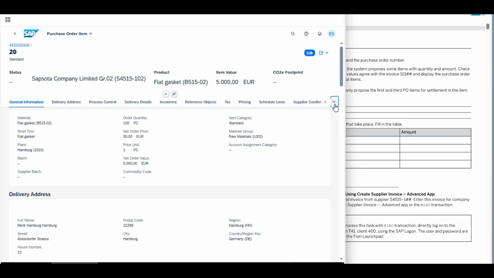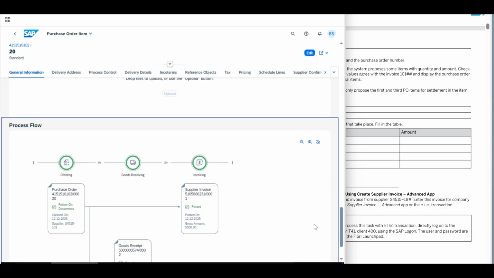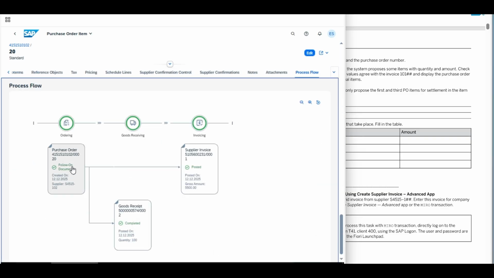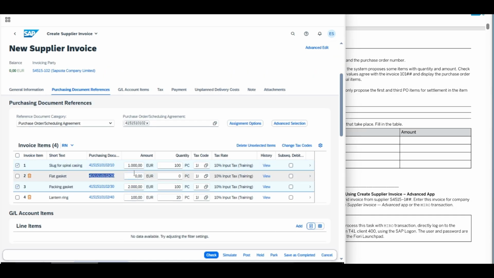In the item we have the processing flow, and we can see that we have a purchase order, a goods receipt, and this item is already in another supplier invoice. That's why here we have 0 in amount and 0 in quantity. And for the other one, item 40 in the same invoice,